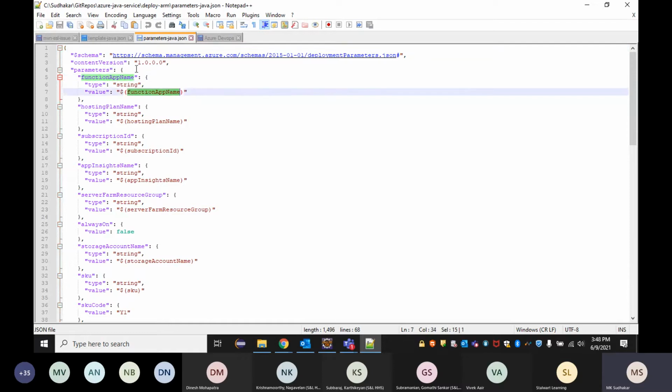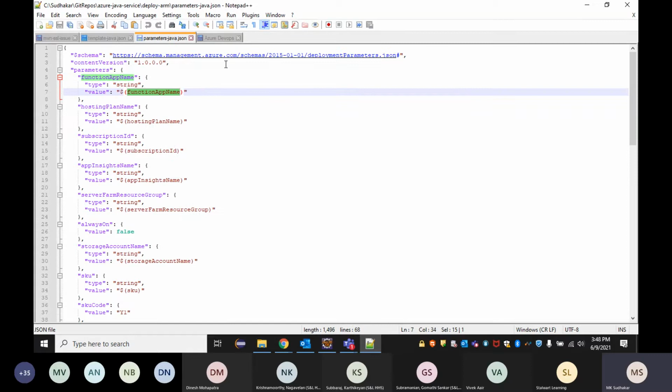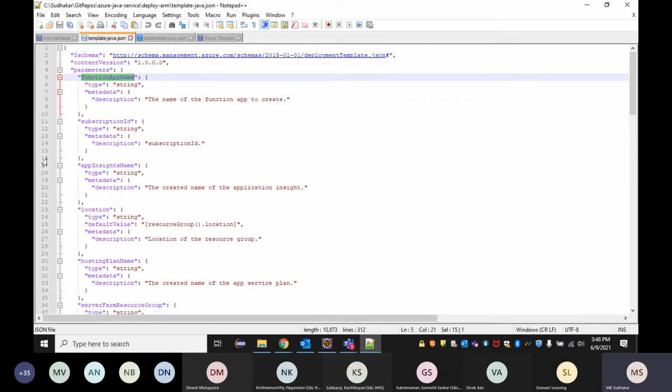Now this will be pushed to this template. So now from the DevOps, all the values will be captured into the parameters JSON file. From here, it will be taken care of by the template JSON. Now, once we have the values, the template has the complete values listed, and it creates the resources in Azure. So these are the steps that happen when we run the CI/CD to create resources automatically in Azure.